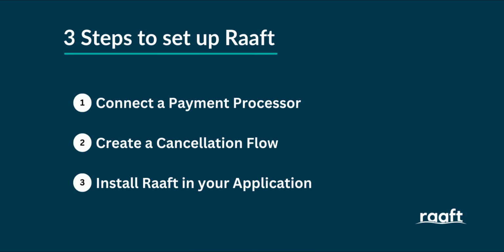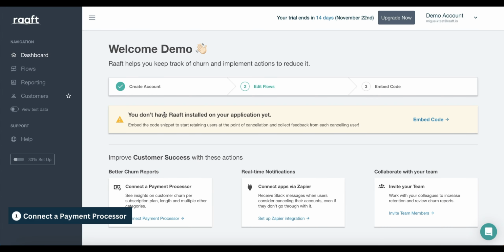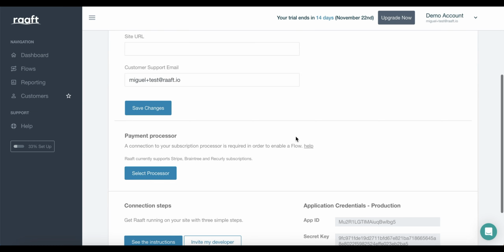There's really three things you need to do to set up Raaft. Connect the payment processor, create a cancellation flow, and install Raaft in your application. In this video, we'll go through the first two steps. You can check out other resources for installing Raaft in your application. Once you log in for the first time, this is the screen you will see. To connect the payment processor, just click Connect Payment Processor here, or go to Site Settings, scroll down and click